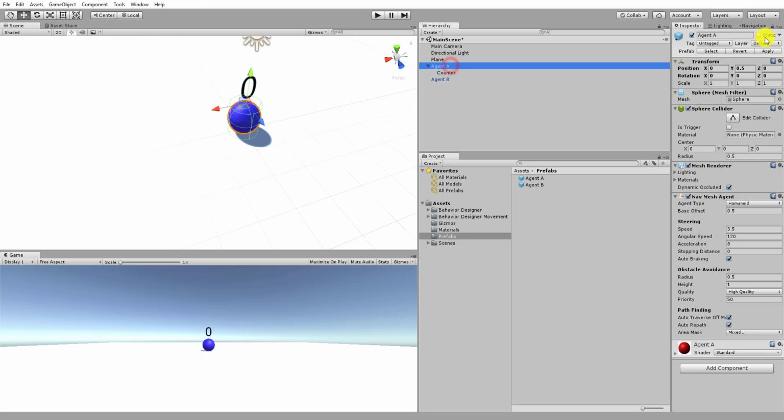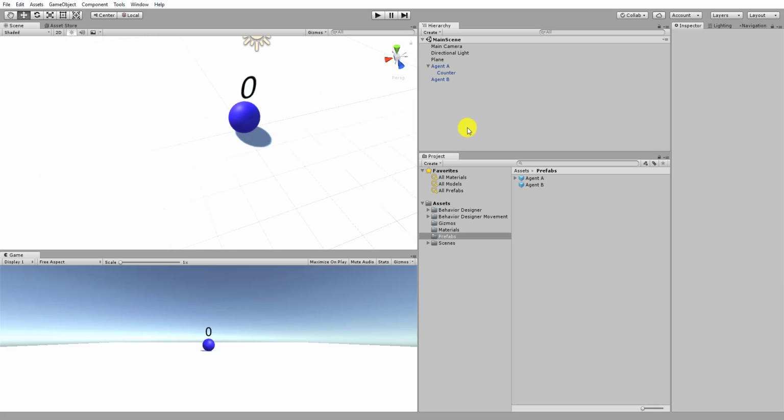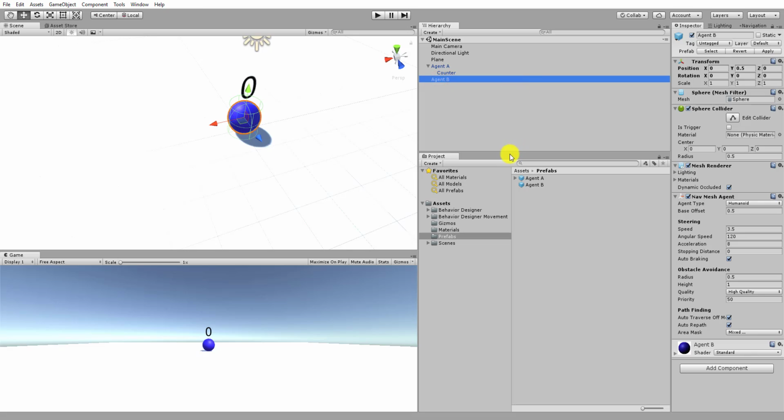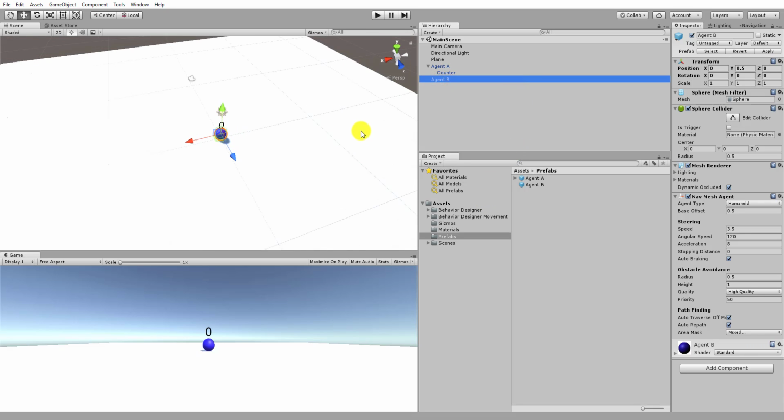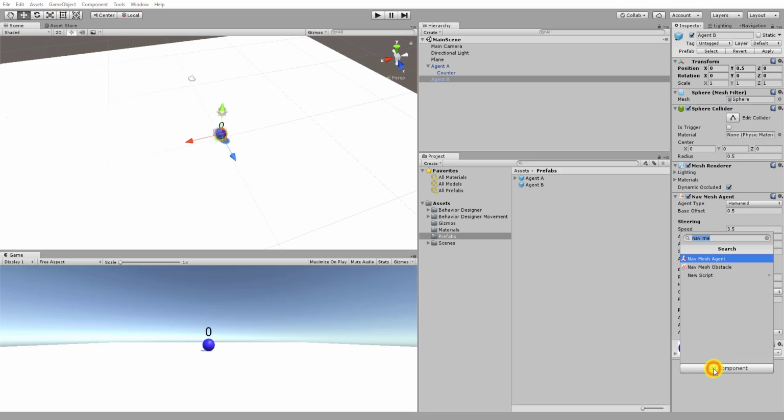So let's apply this prefab. Okay, here's the time to actually create a behavior tree for each agent. Now, the agent B is just wandering around on the plane, so it's much easier. So I'm gonna start with this one first. In order to do that, I need to add the component, search for behavior tree, which is this one,